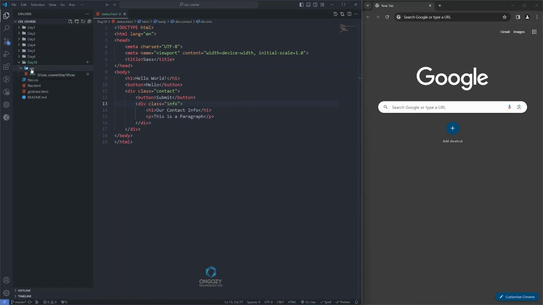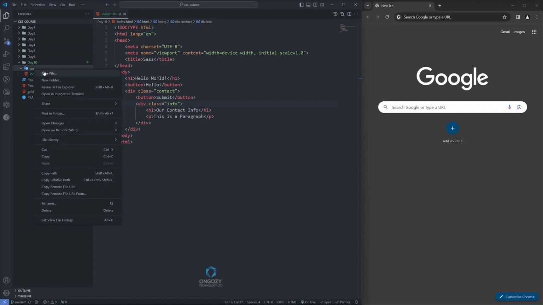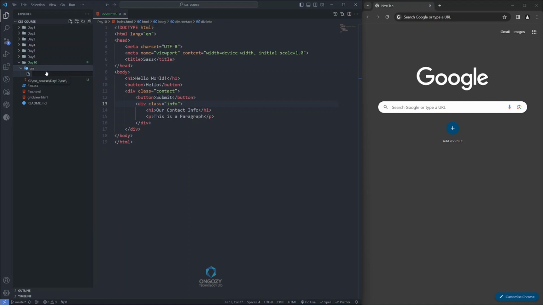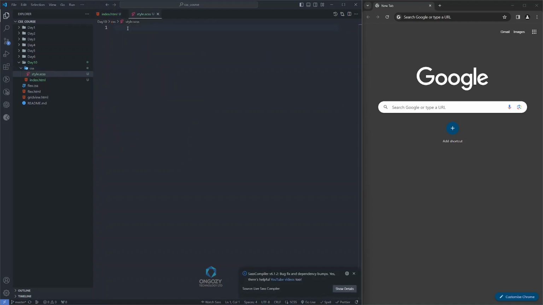Okay, so let's create a folder here. I already have a folder called CSS. Create a folder, you can call it CSS, and inside the CSS folder we are going to have a new file. Create a new file and call it style.scss. Hit OK,